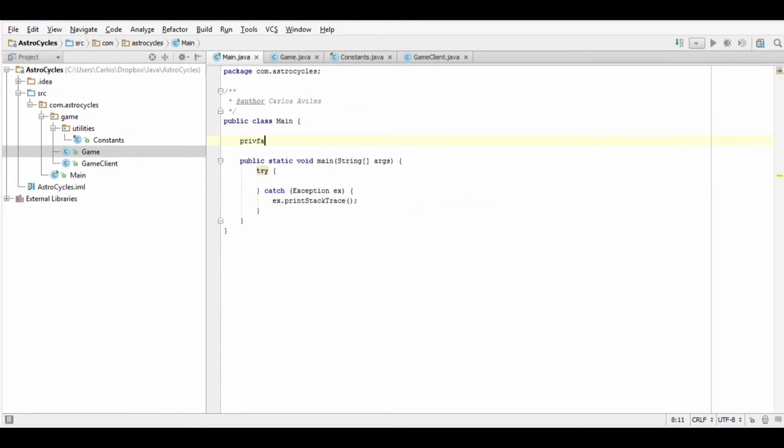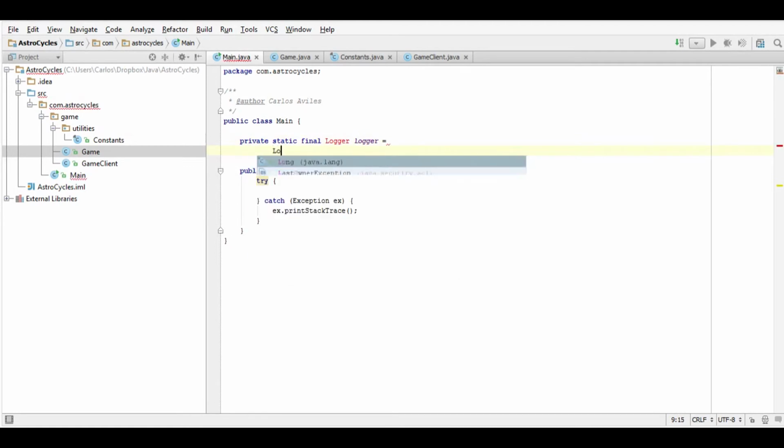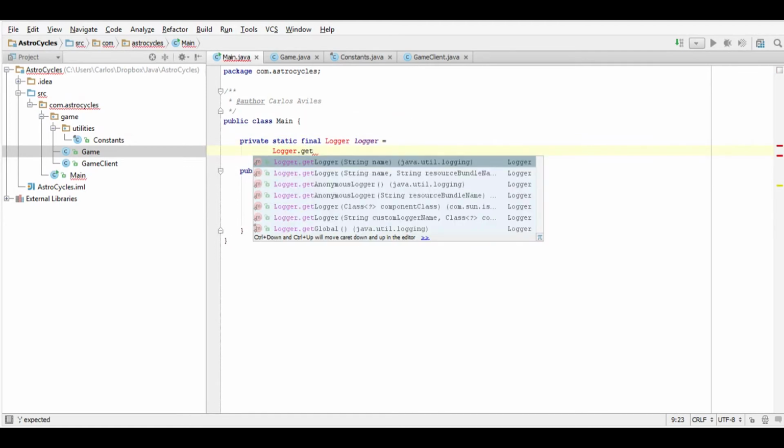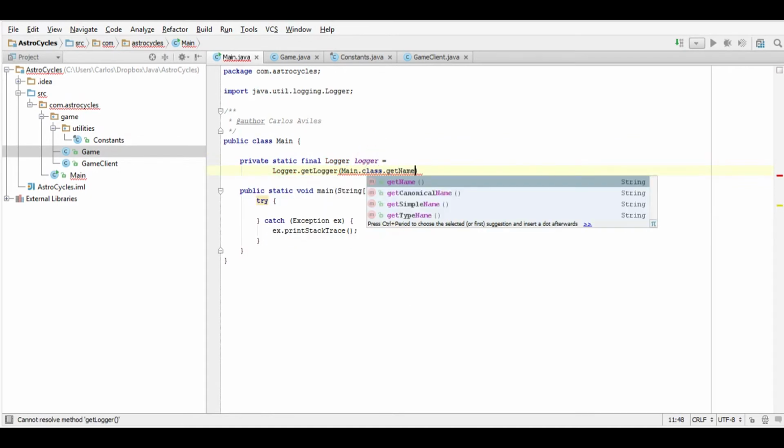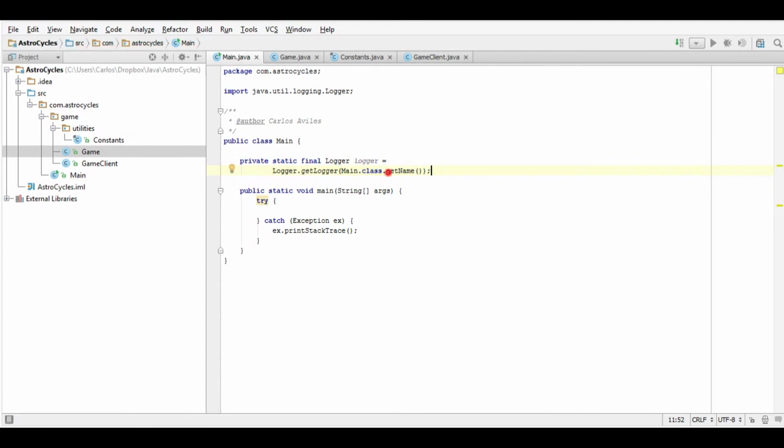Or a better thing to do is use the logger instance. I like this personally. Makes your life much better. And then it's going to take in the parameters Main.class.getName. You can use simple name, but getName's just fine.